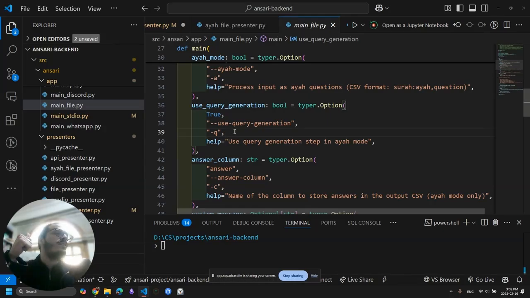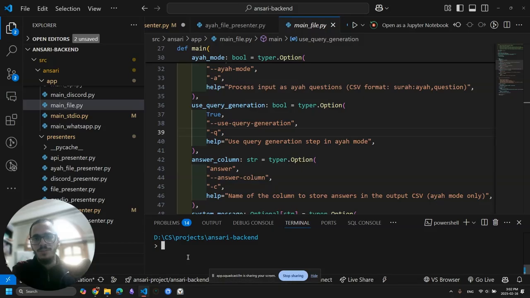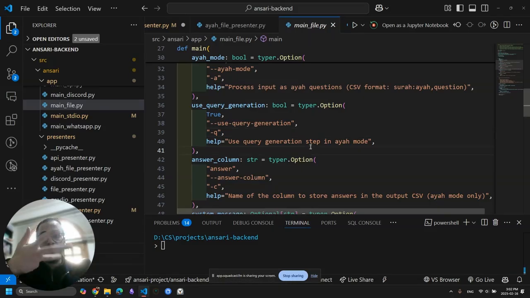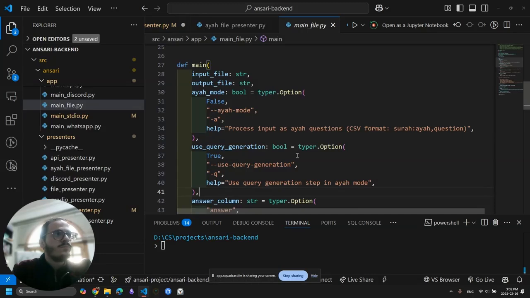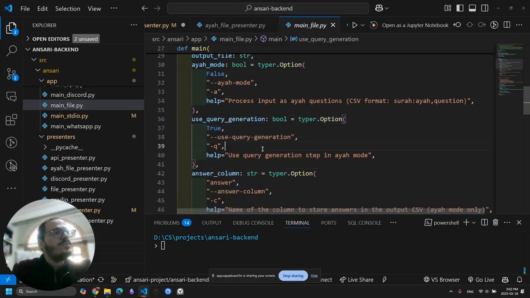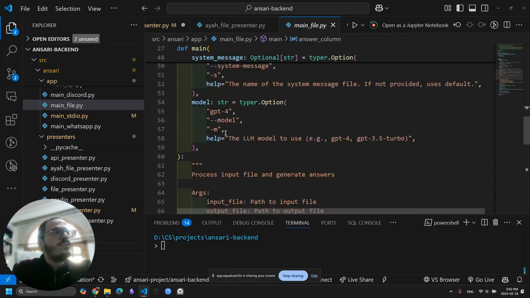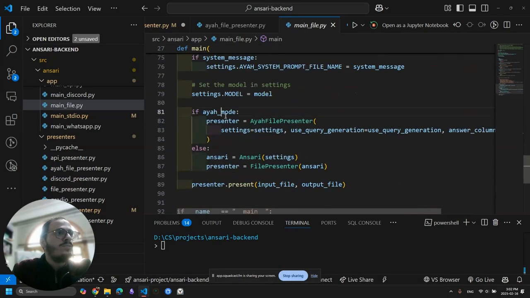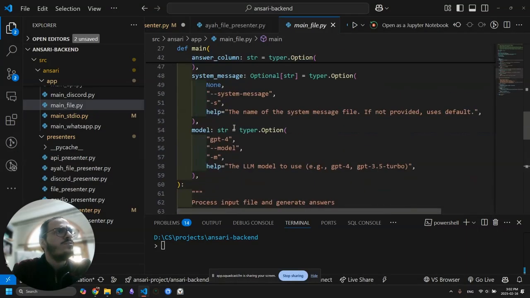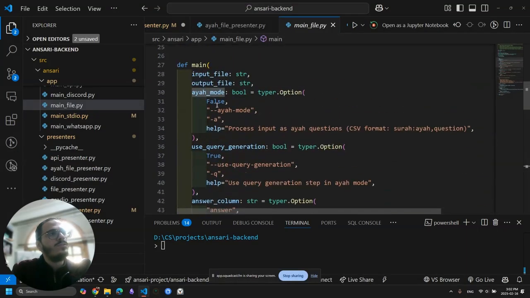And what we're doing normally in the main SDIO, we just run the script and then we have the Ansari LLM ready for us, and then we ask and then it answers. That's it. But here we can set arguments that will help us out. You can search for these arguments and their usage. Most of them go to the IAMode presenter. So if we set the IAMode argument to true, because it's a boolean,